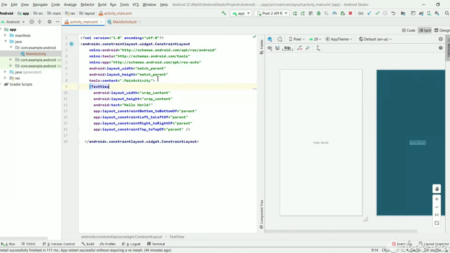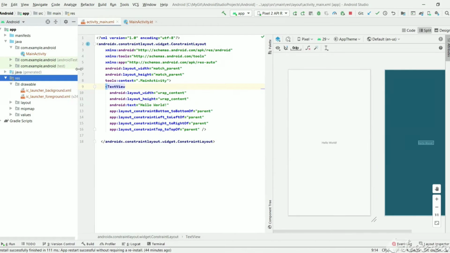So where do these XML layout files exist? Here you can see under the res directory, we have different directories: drawables, layouts, mipmap, values. So drawables can contain the XML which represents certain background images or any drawable images which we can represent in an activity.